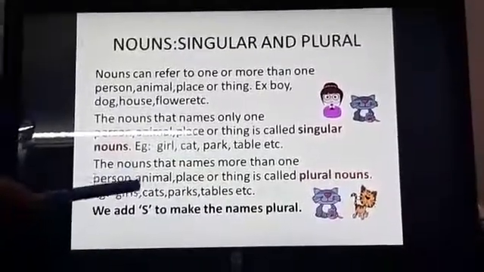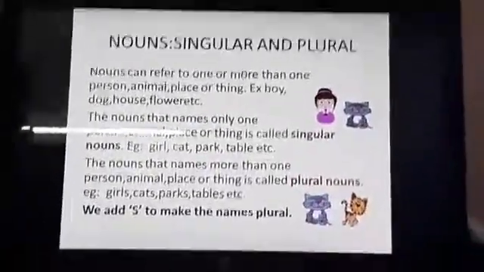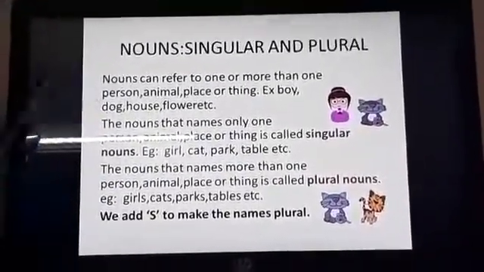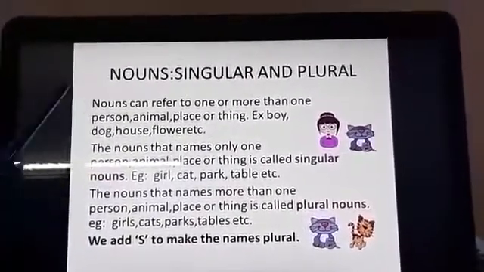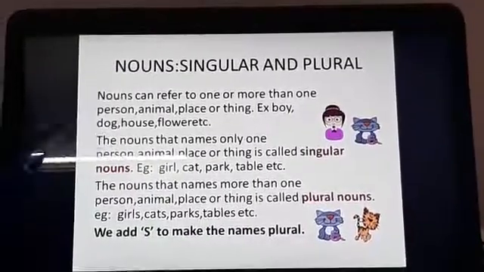Now, what does noun singular and noun plural mean? Noun refers to a person, place, animal or a thing. It can be singular or it can be in plural. Okay, so let's begin this lesson in a detailed manner. So children, those who have their books can open page number 22. We will read it, okay? And those who do not have the book can go through this PPT that I have made, okay?